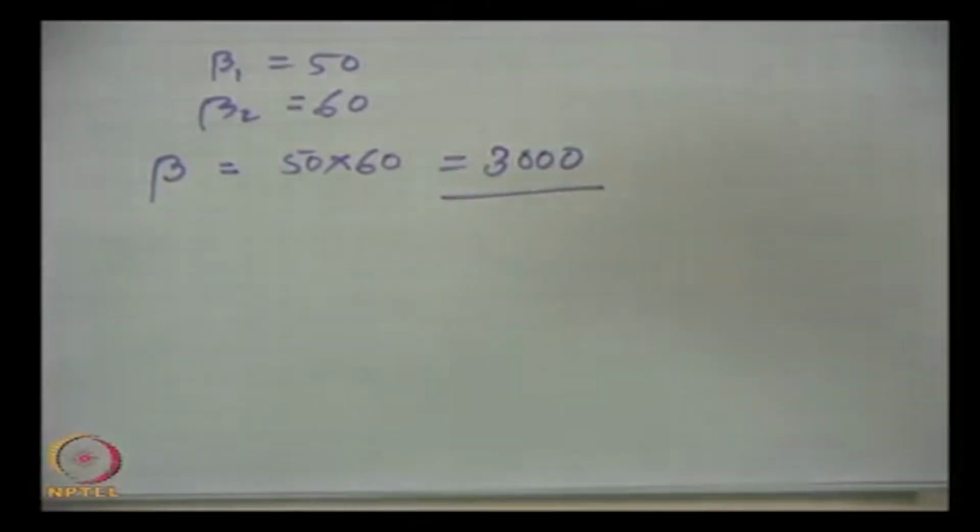A Darlington pair formed with two transistors having individual current gains of 50 and 60 will give a combined current gain of 3000. This has wide applications. It is formed even in integrated circuits, and in discrete circuits too, the Darlington pair is widely used. Actually, in reality, these are two emitter followers,